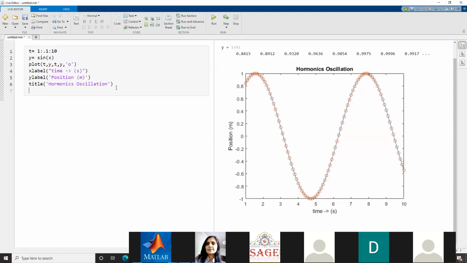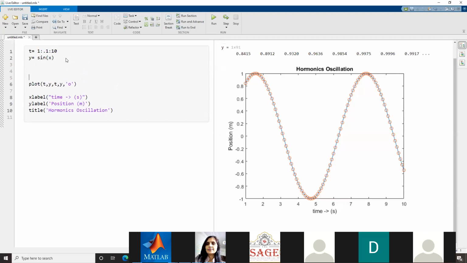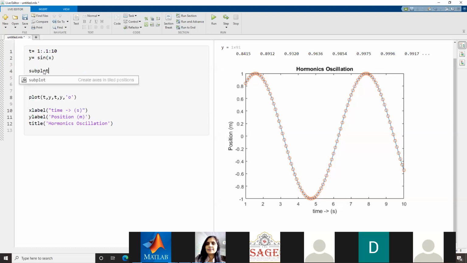In order to use subplot, first I have to tell MATLAB how many plots I want and in which fashion, in rows and columns. Suppose I want a vertical graph only. In that case, I will divide the graph paper like this, subplot. If I want vertical, it means I just need some number of rows.